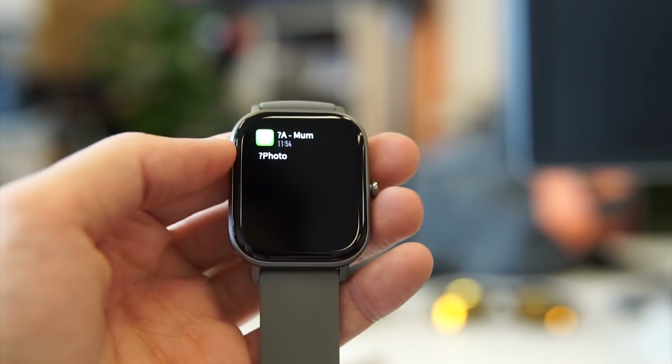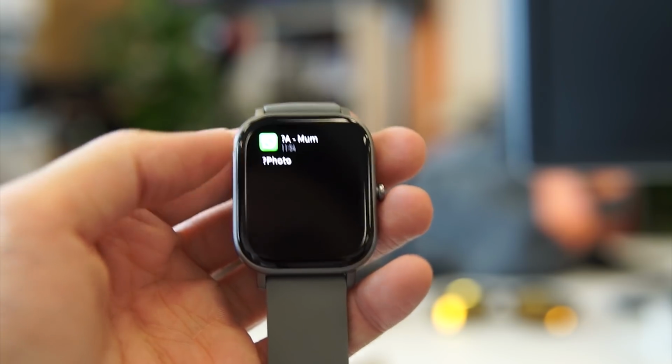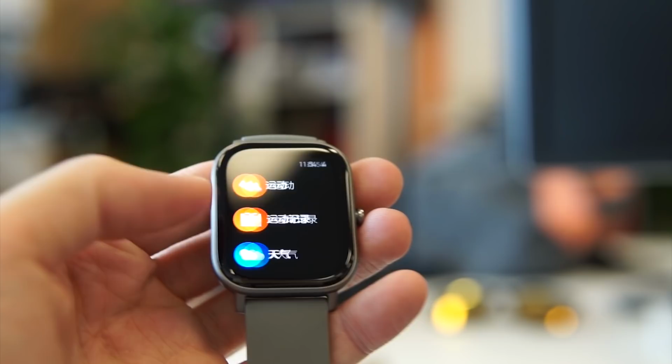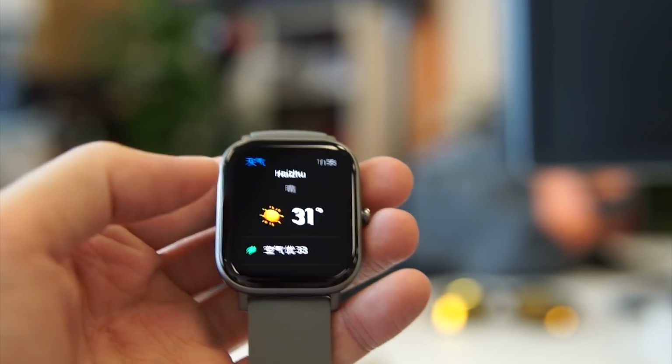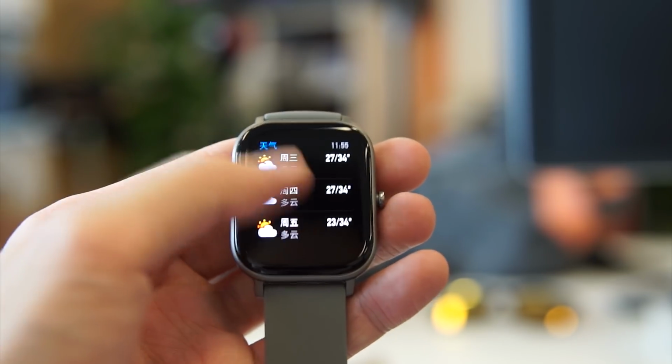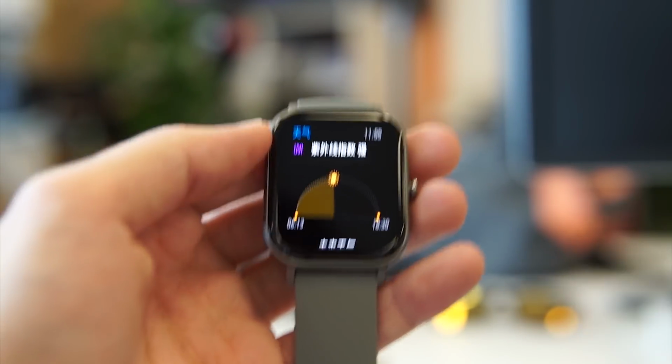So yeah, my mom just texted me, and you can see the notification here. You have the icon here, WhatsApp. Okay, just going back again. We also have the weather, your weather information. You have everything here. So a lot of information on the screen here itself, and everything looks really beautiful on